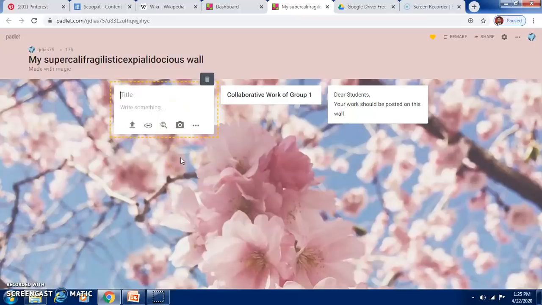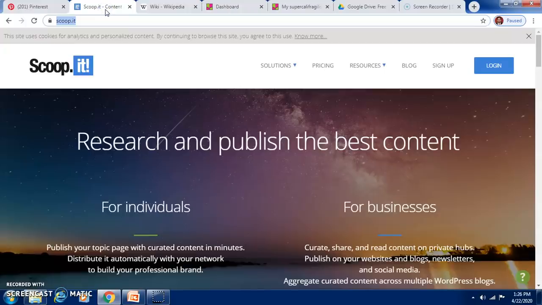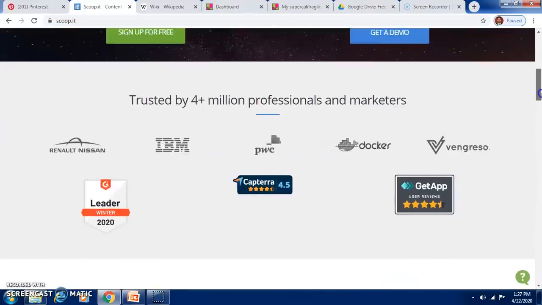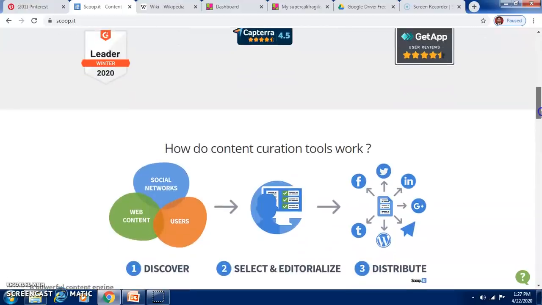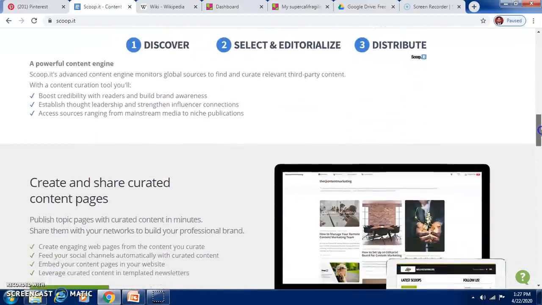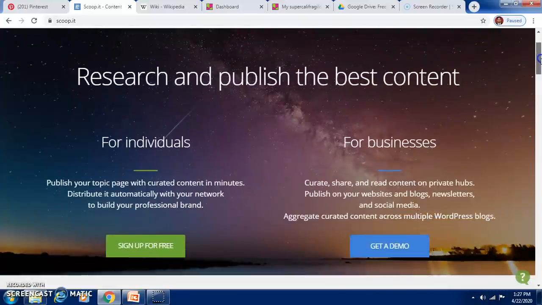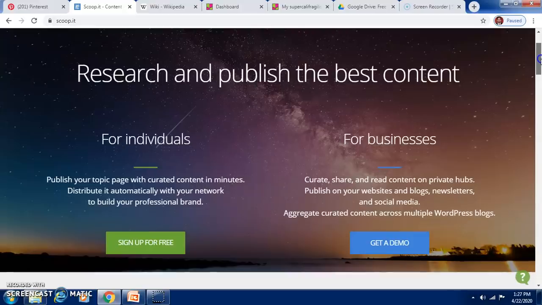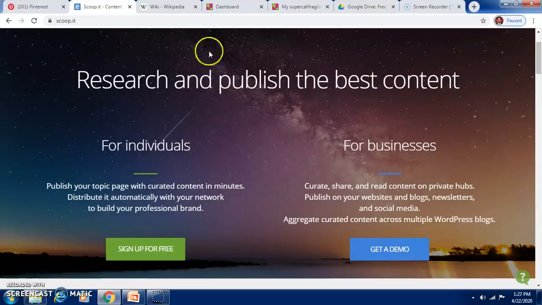So every student can come on this wall and collaboratively discuss or do some work on this, post on this wall. We can see here Scoop.it, where you can have your research publications posted. You can have this free. Whatever you have written can be taken over here, and then that curation will be done by others. So you have to write something for publication, and that will be curated by your colleagues. That is allowed in Scoop.it.